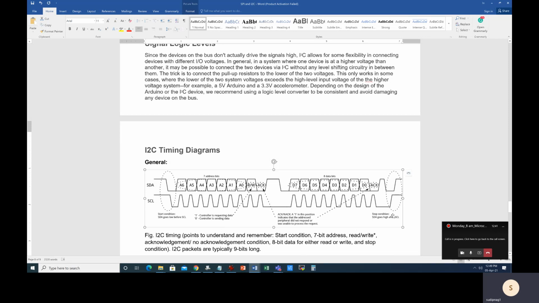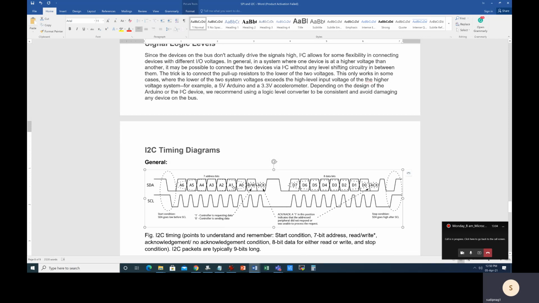So this start and stop are the exceptional conditions, and everything in between start and stop doesn't follow this kind of thing. So your data should come first and then the clock. In this case, your data is coming first in start and stop condition, then the clock is coming. Then an 8-bit data packet is there, or a 9-bit data packet in this case.